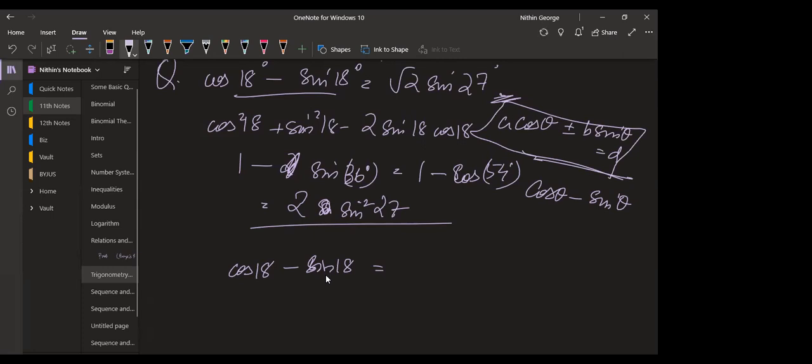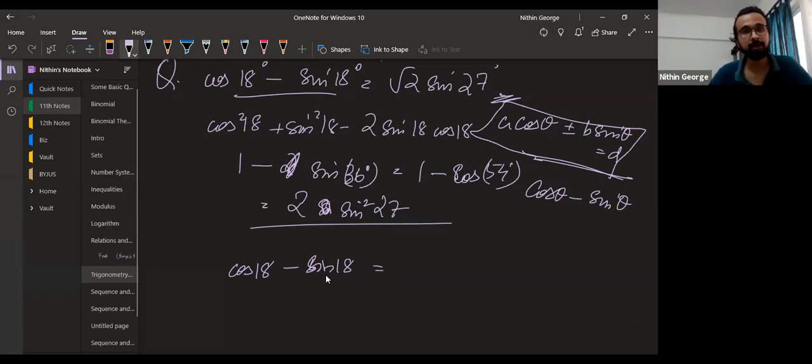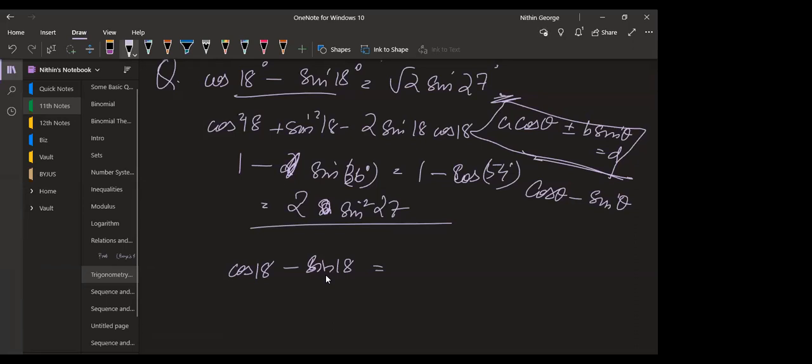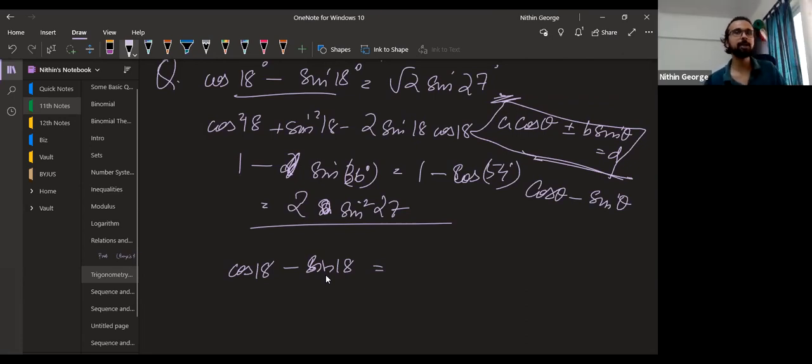Divide the numerator by cos theta. Divide numerator and denominator by cos theta? No, not cos theta. So your idea was to convert this into tan theta, right? The entire equation, and then solve for that. No, the problem is, this will be tan theta and this will become sec theta if you divide by cos theta. Then you'll still have to solve for both. Okay, we still have a problem.